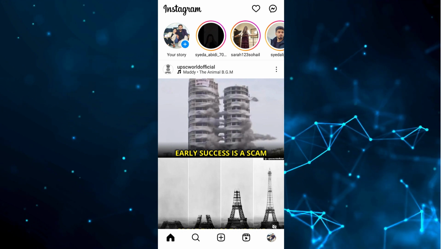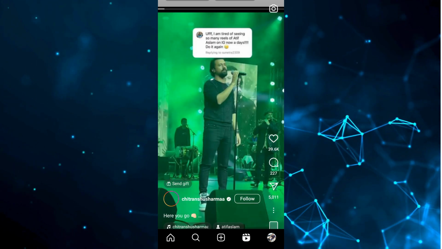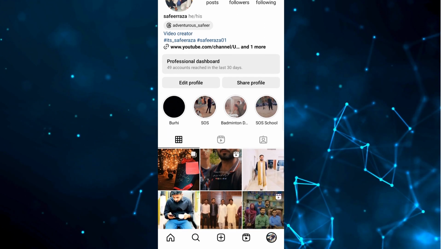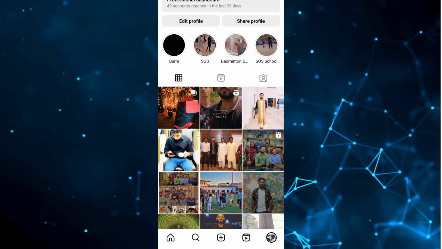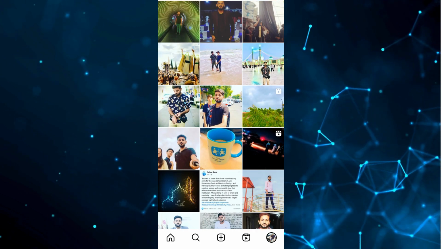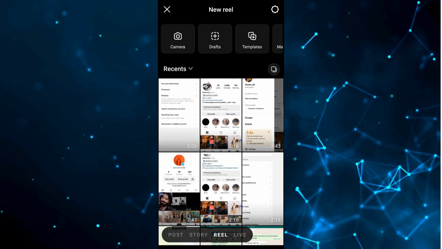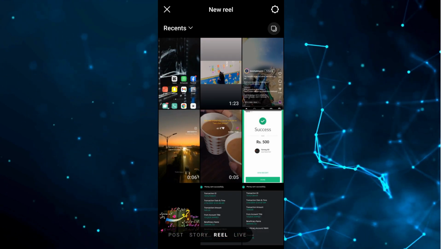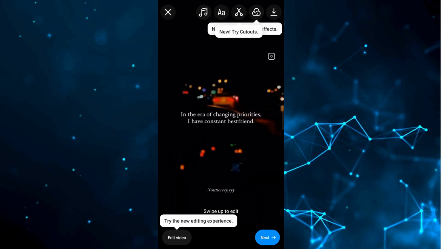So we are going to the reel section. As you saw, these are the reels, and if you want to upload reels like this, you can also do that. You have to click on the plus icon. As you can see, in the center we have a plus icon, so we have to click on this. For example, I'm going to upload a reel, so we have to select reel as well. As you can see, I'm going to upload this one, so I have selected this,